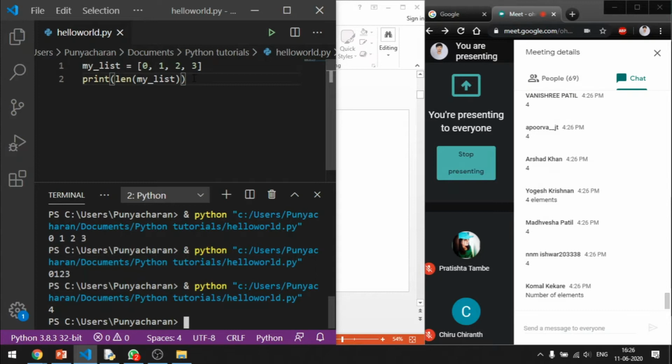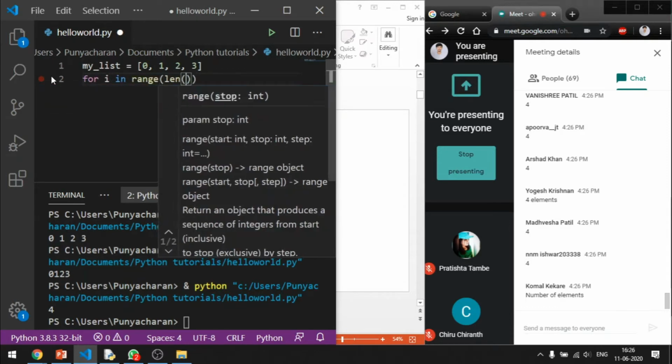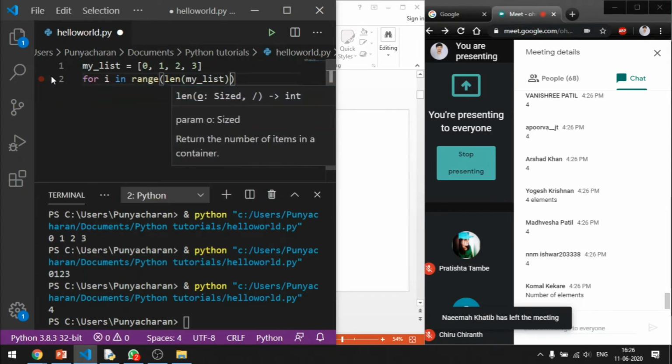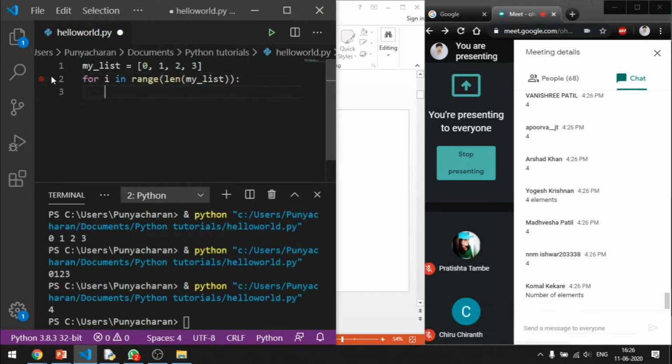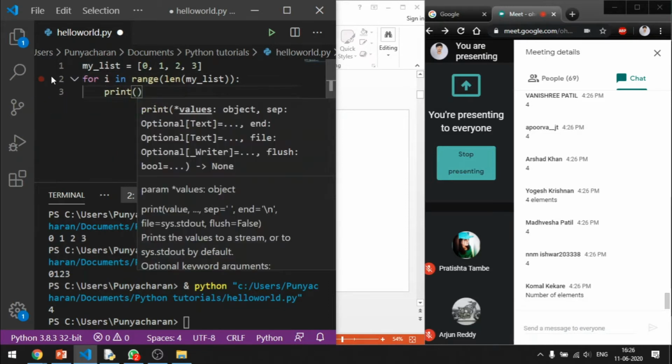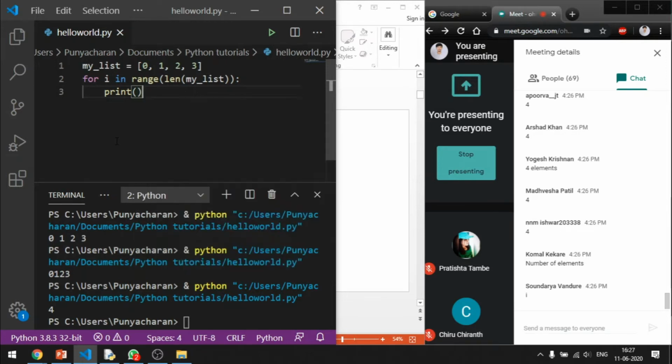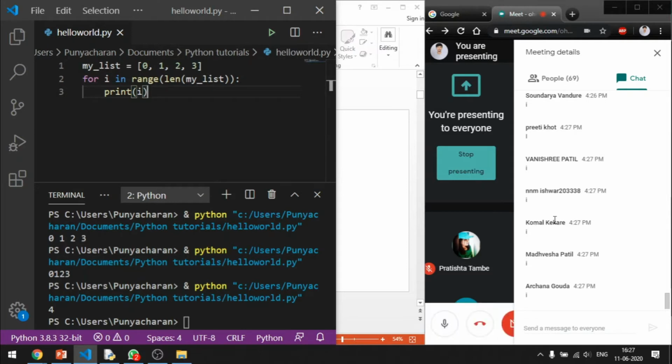So there is one more way to iterate through the elements in the list, that is using the range function. For i in range length of my_list, then what should I print in order to get the output? What should I print to get the elements? Give me the complete statement. Print of what? Anybody? Print of i. Okay, I'll do as you say. When I print i, what should be the expected output? Okay, I'm going to print i as all of you are suggesting.